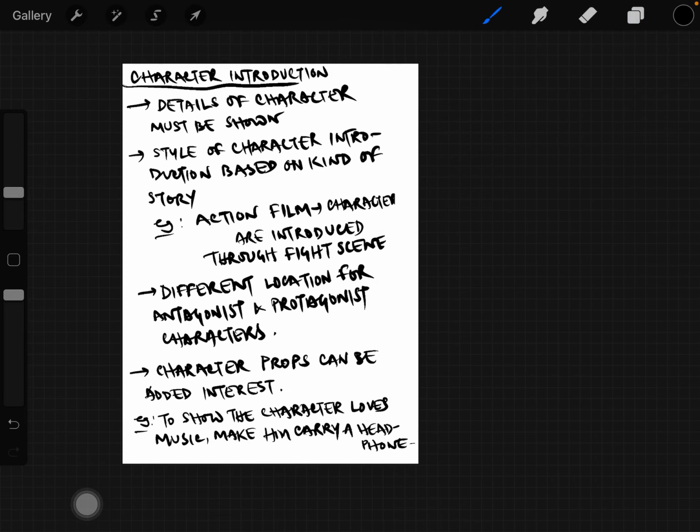How the character is introduced, like I said, how the location is introduced, it's very important in the story to show the plot, to show the main story, I mean what kind of story it is, where the story is taking place, etc. The time frame, if it is a 1940s story, a story set in 1940, then of course the whole setup will be completely different. Similarly, character introduction is very important. How you are introducing the character in